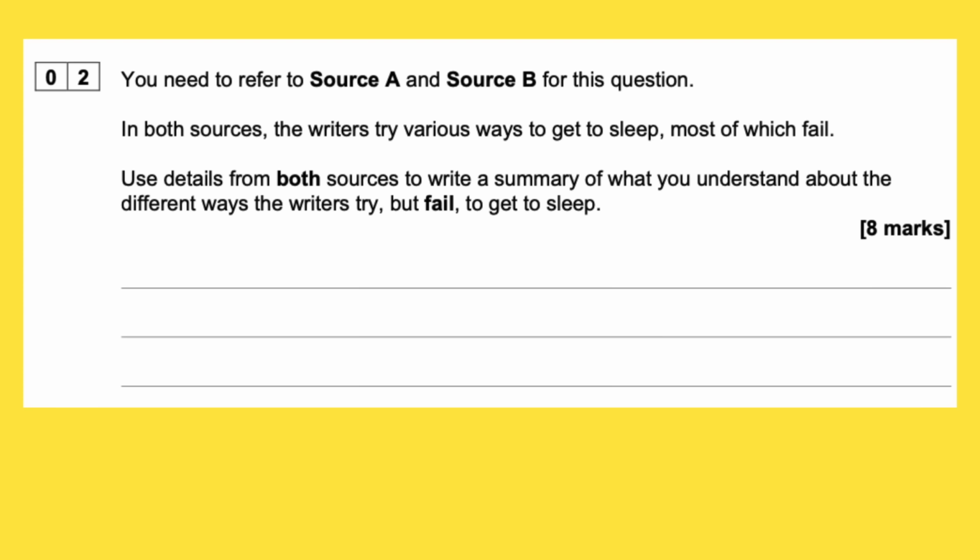Now this question will ask you to refer to both sources and summarise differences between them. Usually it's about a theme like the writer's attitudes, experiences, or the methods they use. In this paper, it's how the two writers deal with being awake at night. Now don't let the idea of them saying refer to both sources make you feel overwhelmed. My one tip would be to ensure that you've understood the key idea of each text when you read them